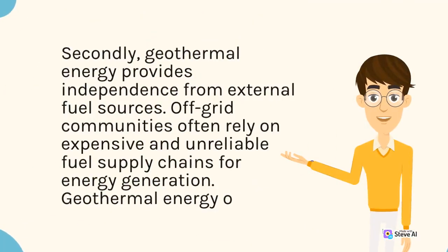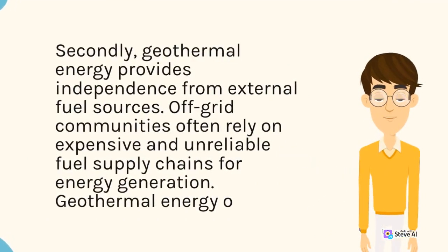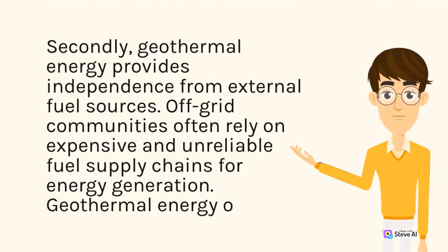Secondly, geothermal energy provides independence from external fuel sources. Off-grid communities often rely on expensive and unreliable fuel supply chains for energy generation. Geothermal energy